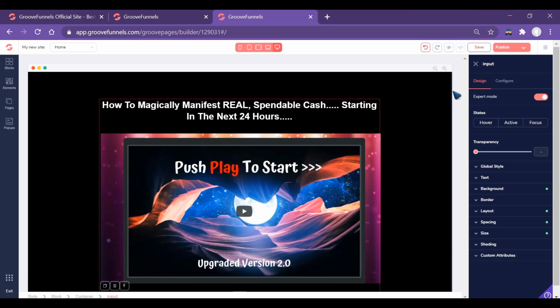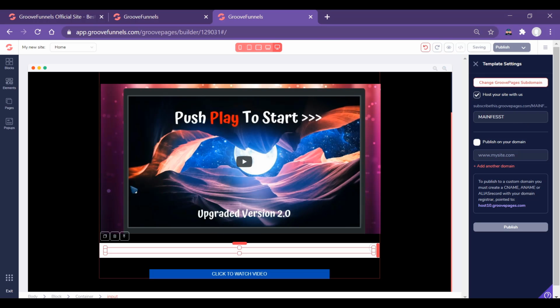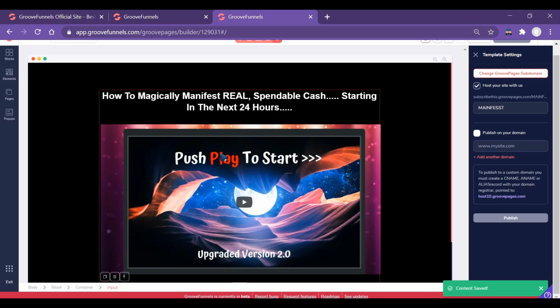So this is how you make a full landing page. Click on save, and don't forget to click on save. After clicking the button you have to choose the host name. You can choose any host name. I clicked this and clicked on publish, and after publishing it will take a little bit of time, like 5 seconds, 10 seconds, 20 seconds. Just wait for it and check out what will happen. This is the landing page that you will get.